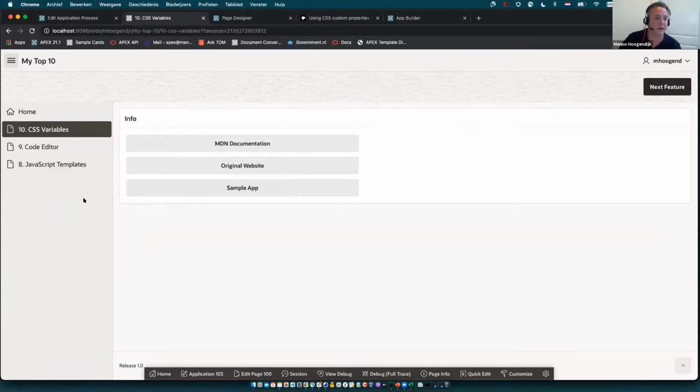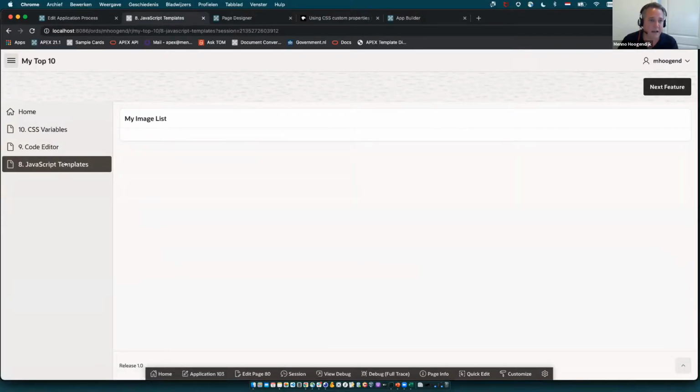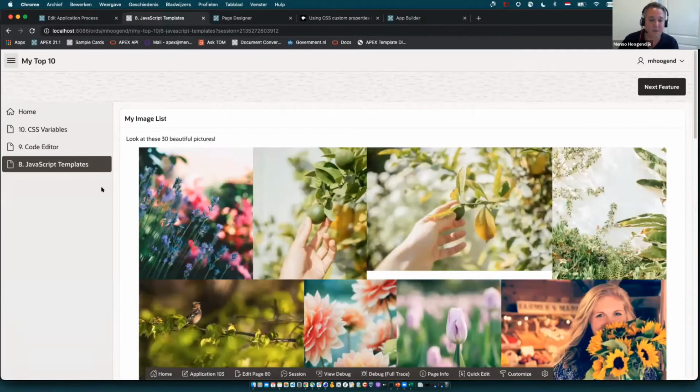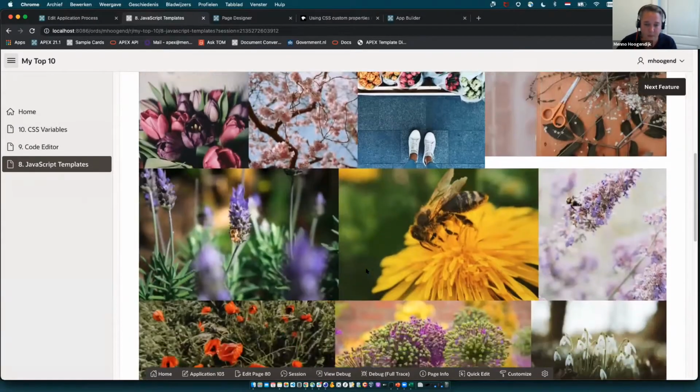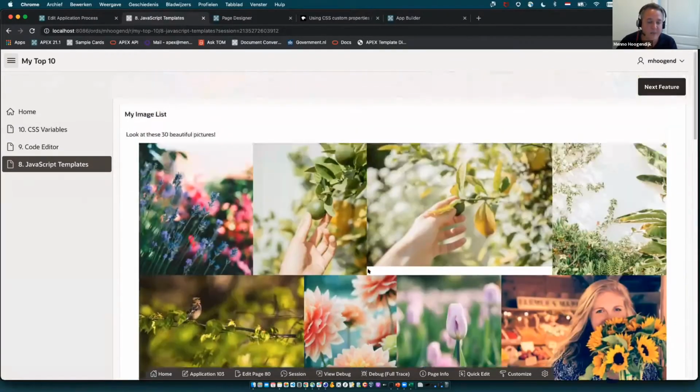I was thinking of a region type that is currently not in Apex, and I think this is one that I found. It's an image list, and it displays itself like a masonry kind of layout, with images all connected. This is where I use this new templating language. So if you look at this page,